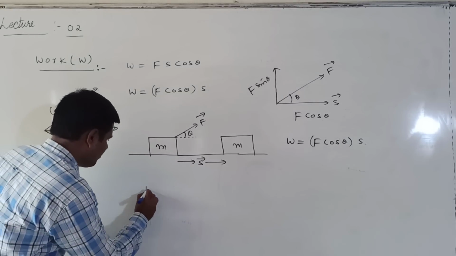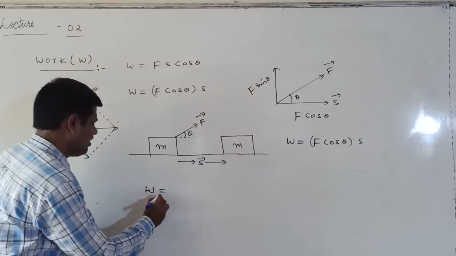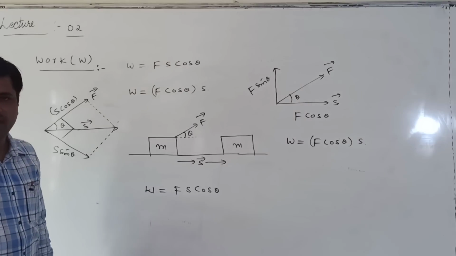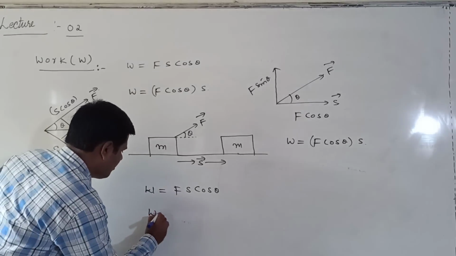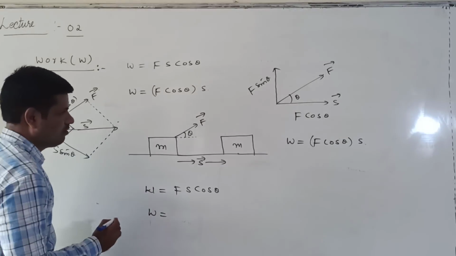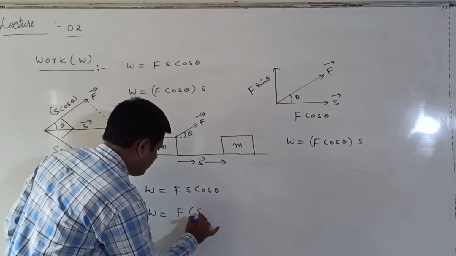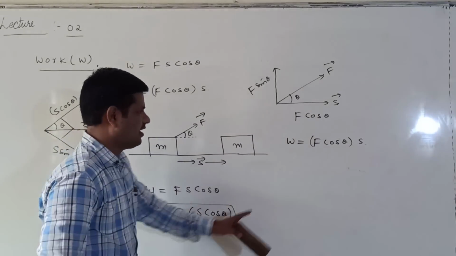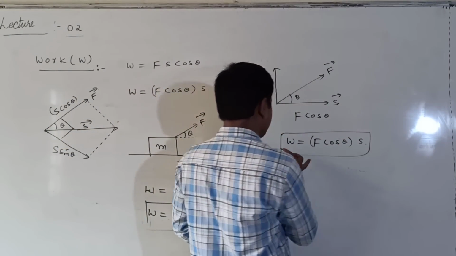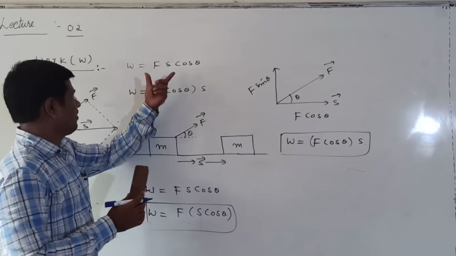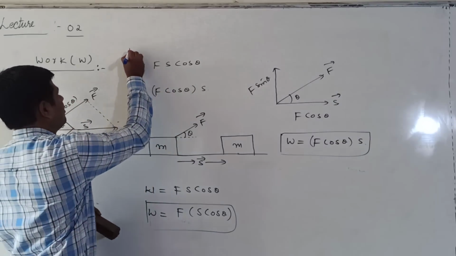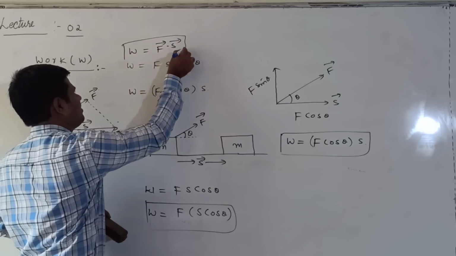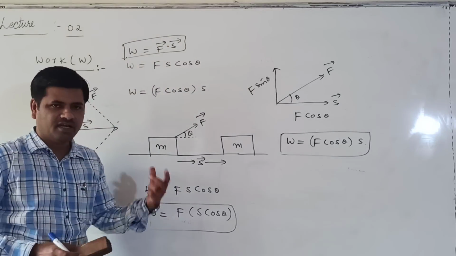Another way I am defining the work here. The general formula we know is F s cos theta. I am writing this as F into S cos theta. We can write like this also. From this we are giving one definition. From W is equal to F bar dot S bar, using this also I am giving one definition. Now from this also I am giving the definition.